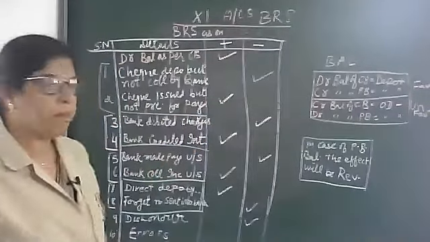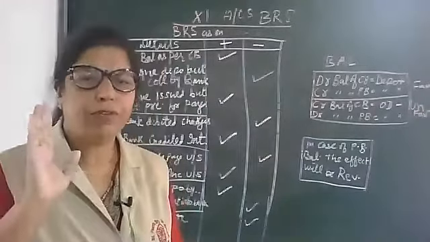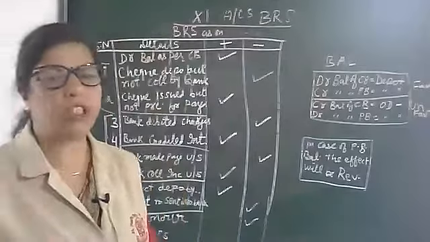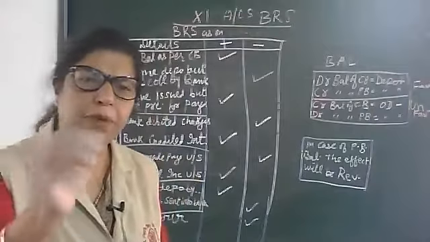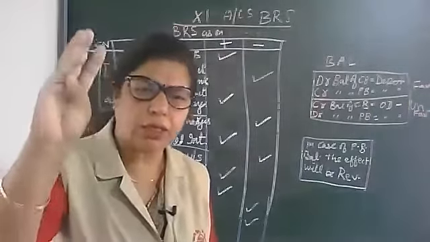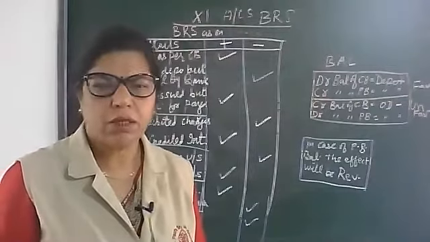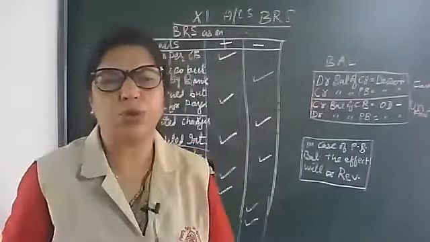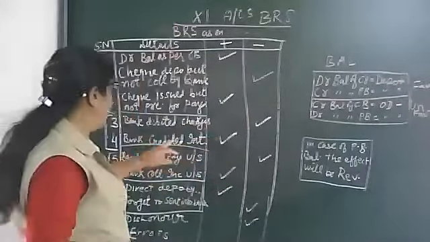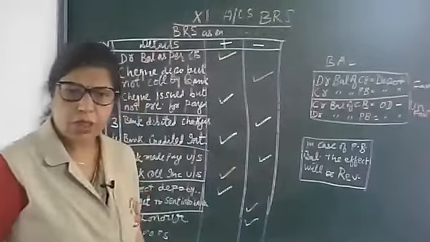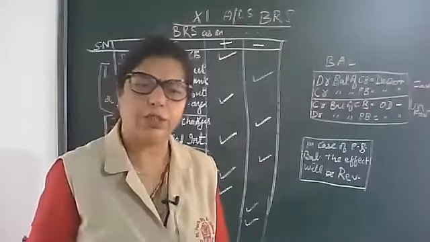Next, bank debited some charges. Like I told you, for banking purposes, you have to discuss with your parents. They will guide you better. Bank debited some charges like ATM charges, SMS charges, various charges charged by bank. Even interest on overdraft is also charged by bank, and that will be subtracted from our bank account. And bank credited interest. Bank never gives you interest in cash. They just collect it in your account.